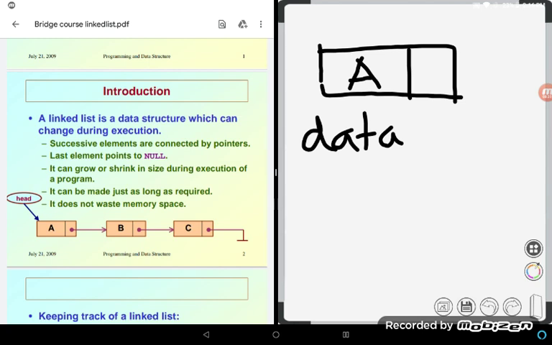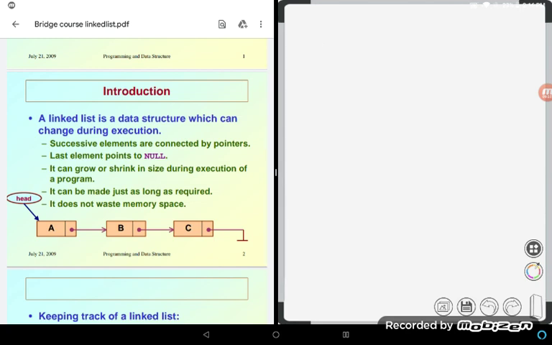And what is the second one? You can see here a dot. This is nothing but a pointer. And what is a pointer? Here we have to recall our idea of what a pointer is. Pointer is an important concept. Before moving on from this slide, I would like to give a short explanation of what is meant by a pointer.